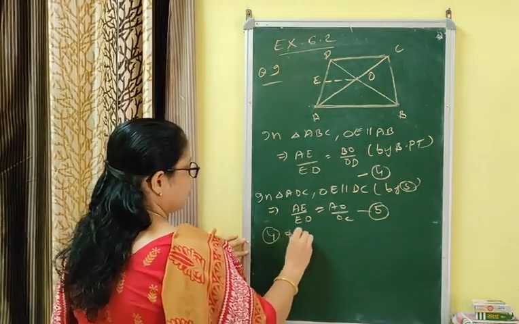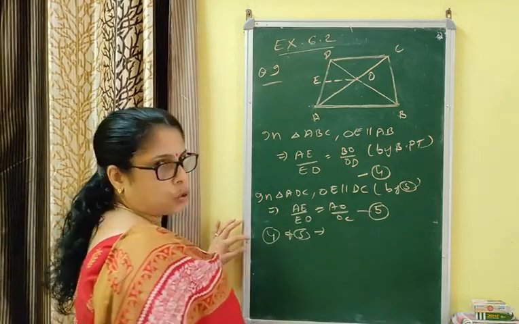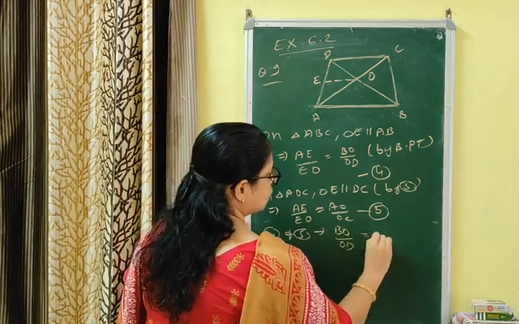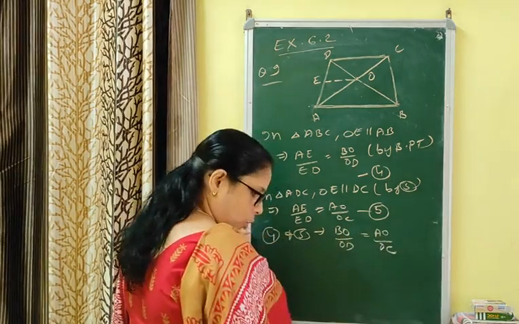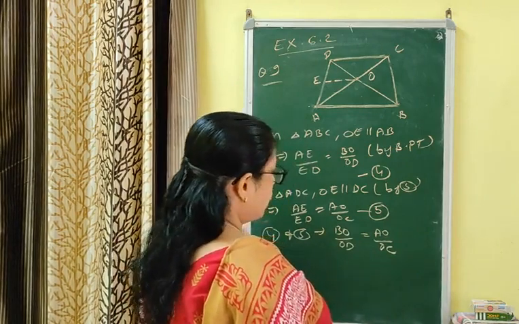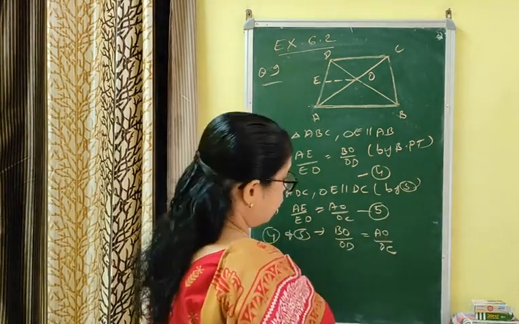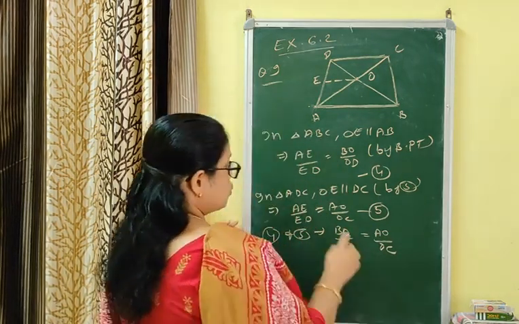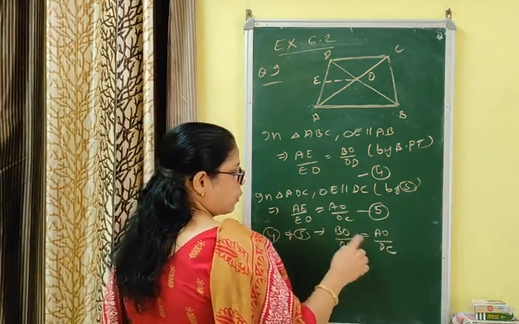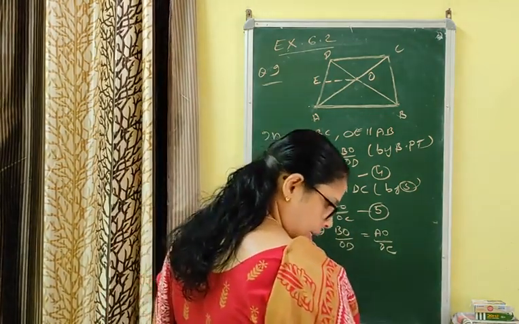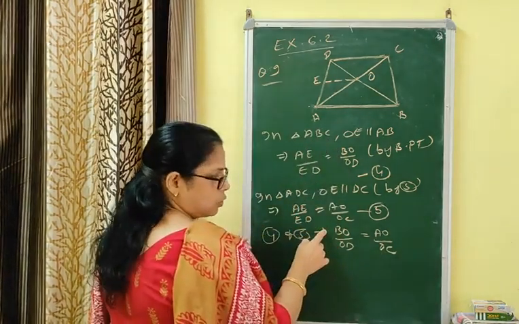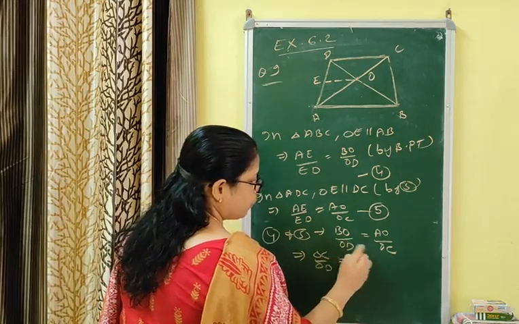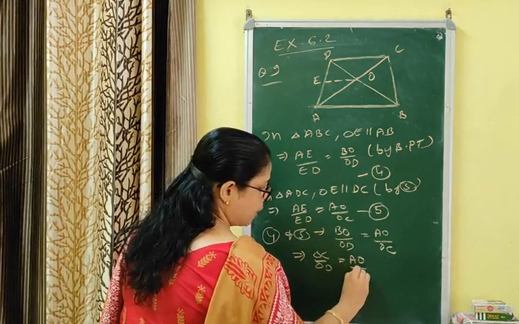Now see both the equations, comparing equations 4 and 5 gives the left sides are equal, so you can compare the right sides. BO by OD is equal to AO by OC, but you are asked to prove AO by BO. So अभी आपको BO by OD equal to AO by OC मिला, but you have to convert it into the form in which you are asked to prove. That means you have to convert to AO by BO. That means BO should be transferred to the right side and the left side is CO. That implies OC by OD is equal to AO by BO.